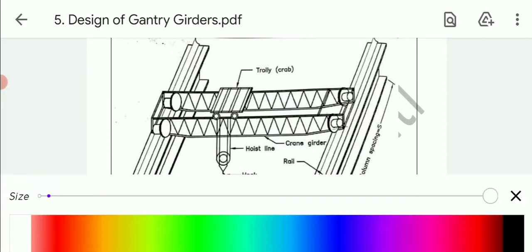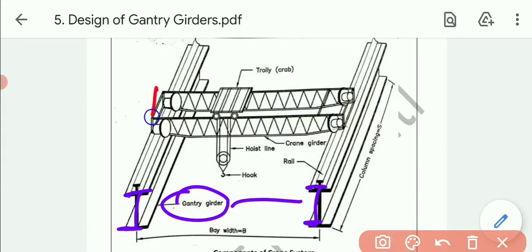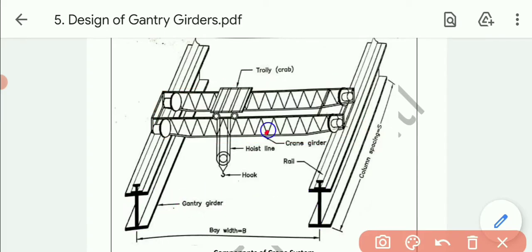Now over the gantry girder, the crane girder moves in the transverse direction. This one is our crane girder. Over the crane girder one trolley is provided with a hook to lift and release a bag, or any package, or goods. Basically there are always 2 wheels of the crane girder on each gantry girder, as you can see over here also. And on the crane girder the trolley is there with 4 wheels, 1 and 2, and 3 and 4 will be over here. It is attached with the hook.